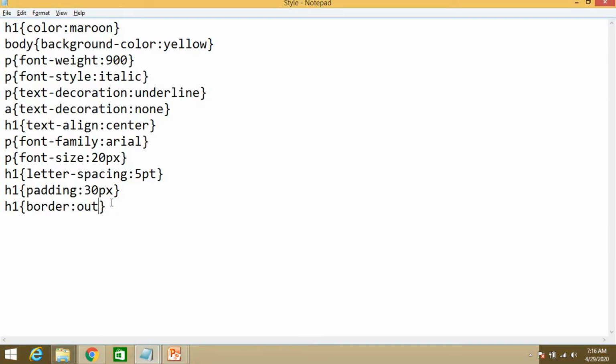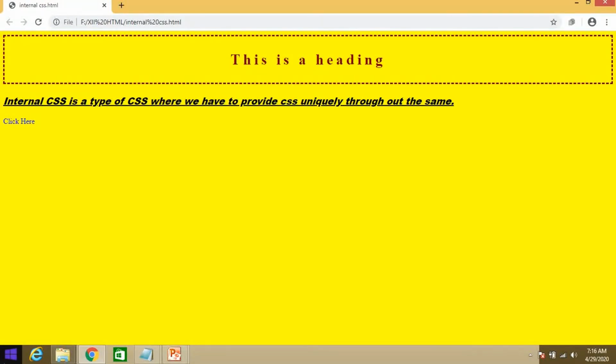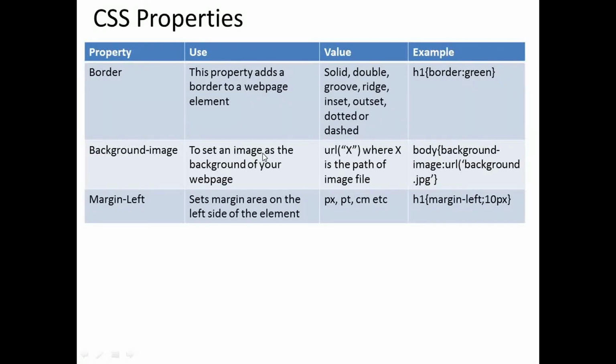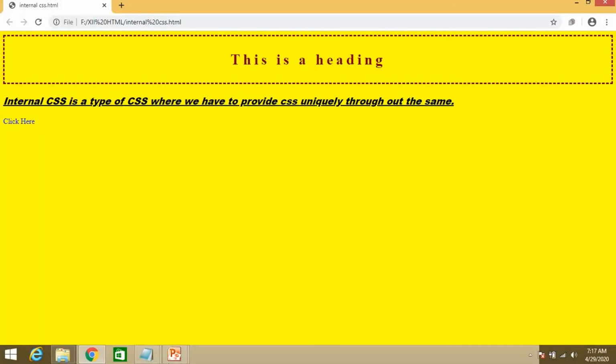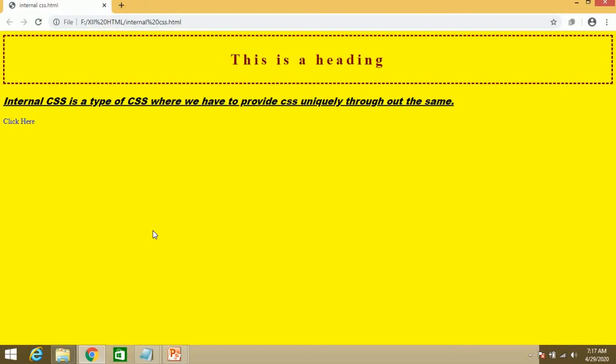Let's see dashed. Save this and execute this. It will look like a dashed one. So you can provide the borders like this. One more thing, dotted. Let's see the dotted one also. So this is dotted.